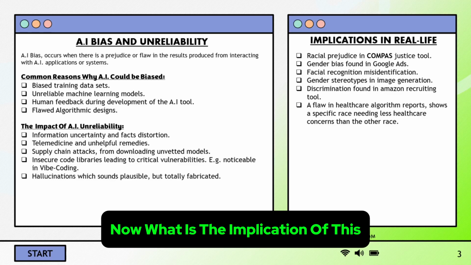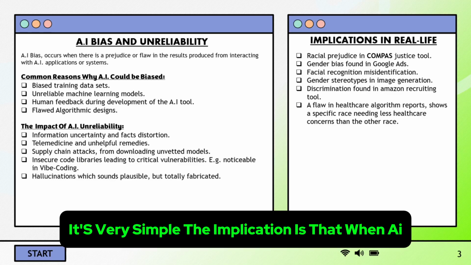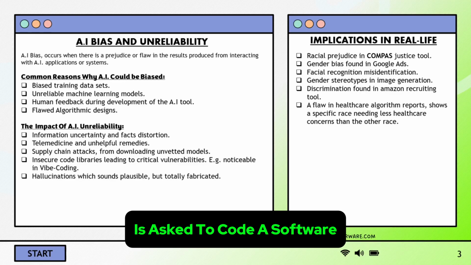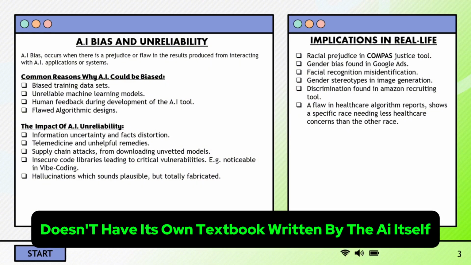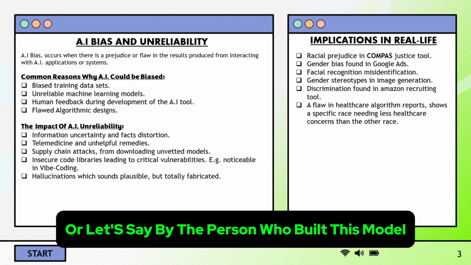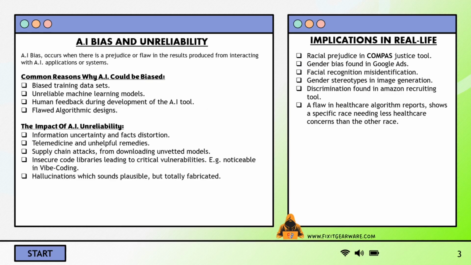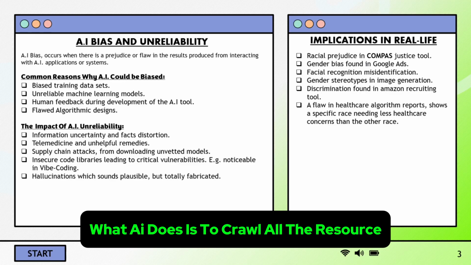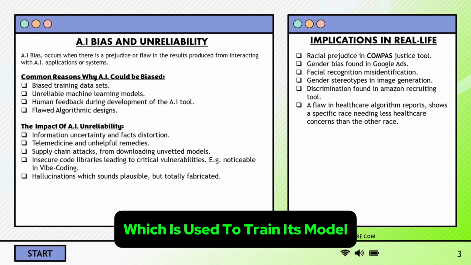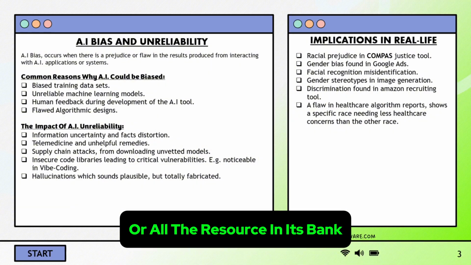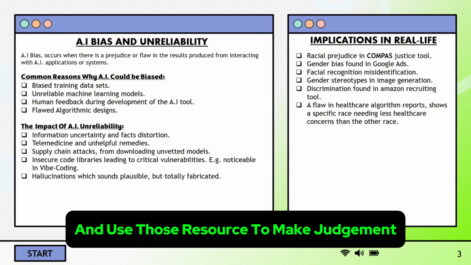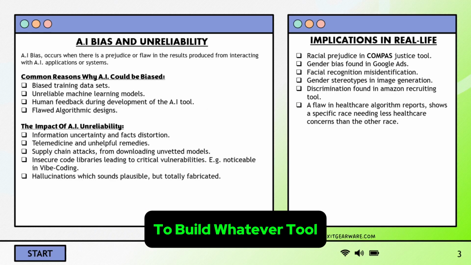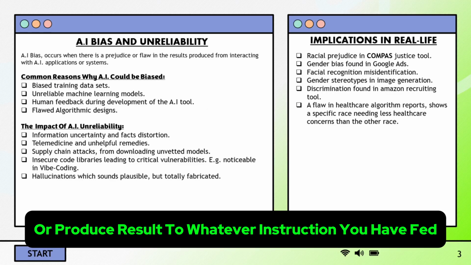Now, what is the implication of this? It's very simple. The implication is that when AI is asked to code a software or write a program, AI doesn't have its own textbook written by the AI itself, or let's say by the person who built this model. What AI does is to crawl all the resources used to train its model, or all the resources in its bank, and use those resources to make judgments, to build whatever tool or produce results to whatever